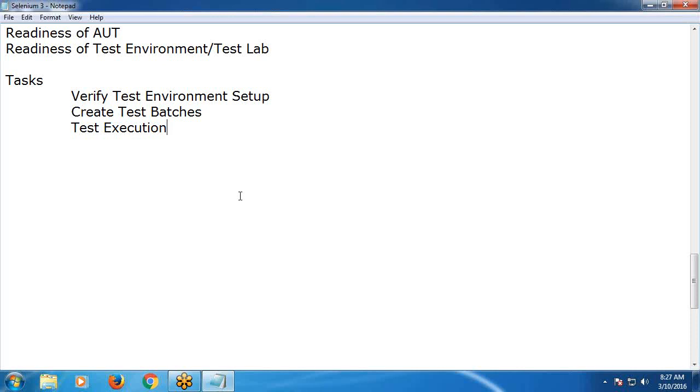Test execution levels, not test levels. Test levels are different: unit testing, integration testing, system testing, and acceptance testing. This is test execution levels. See, we have some levels of test execution. First level,